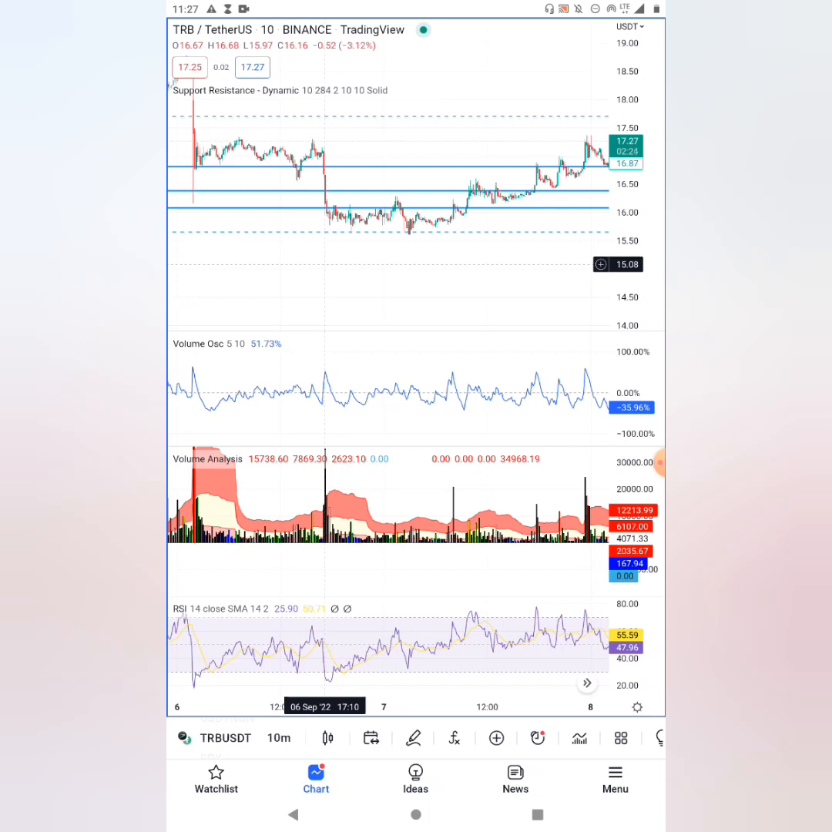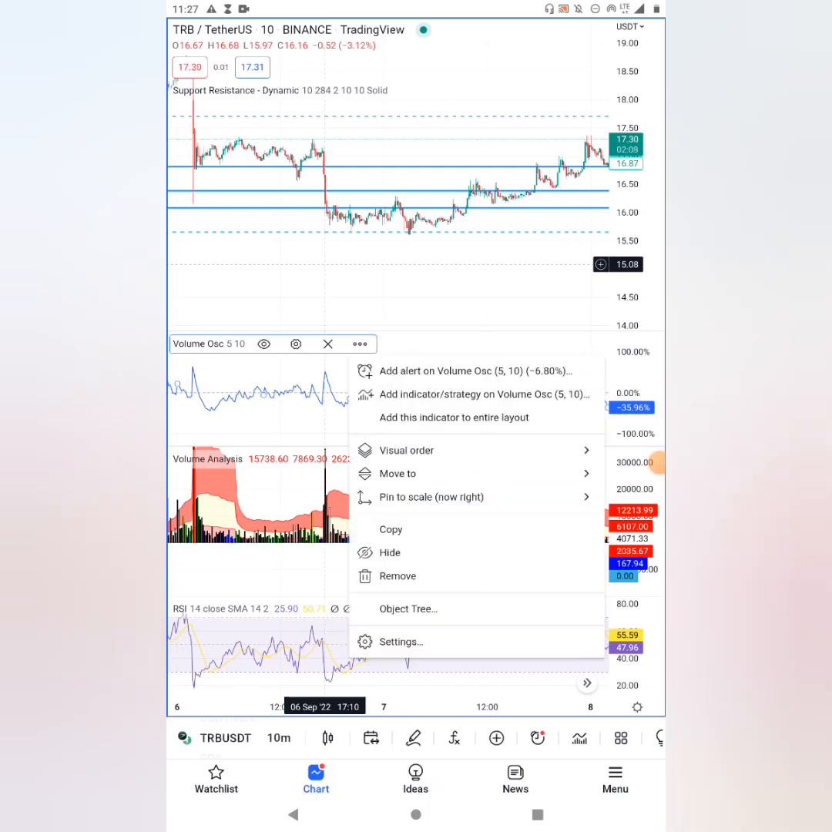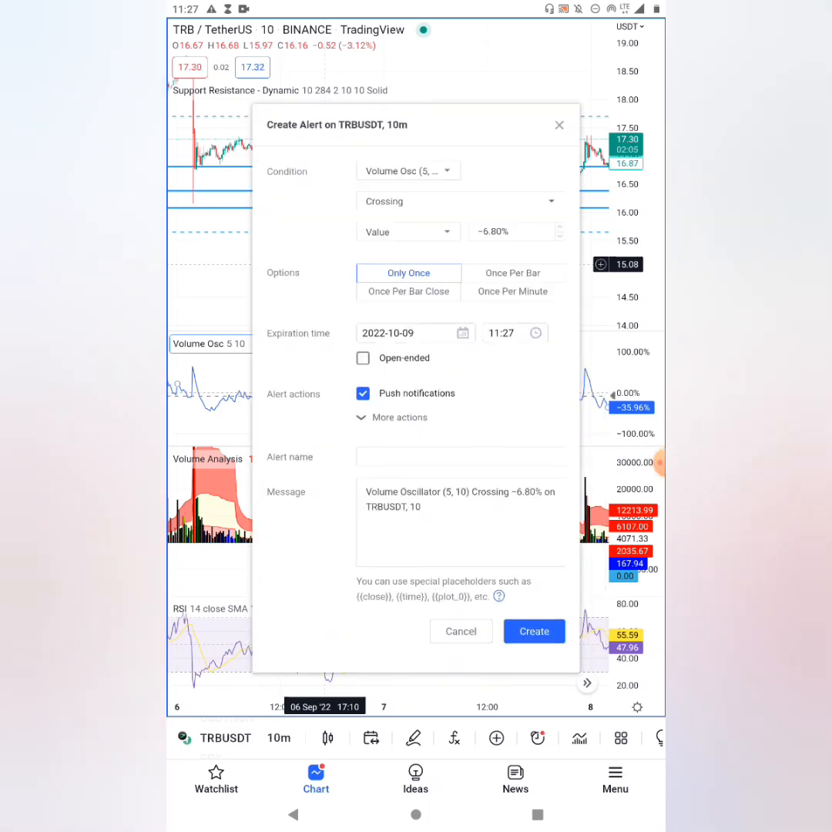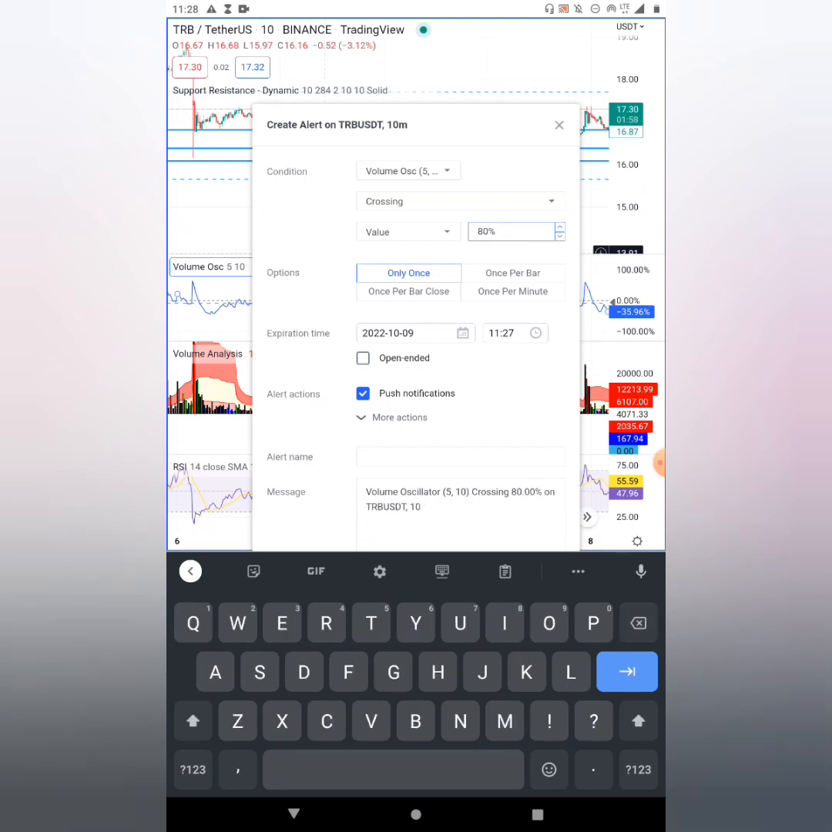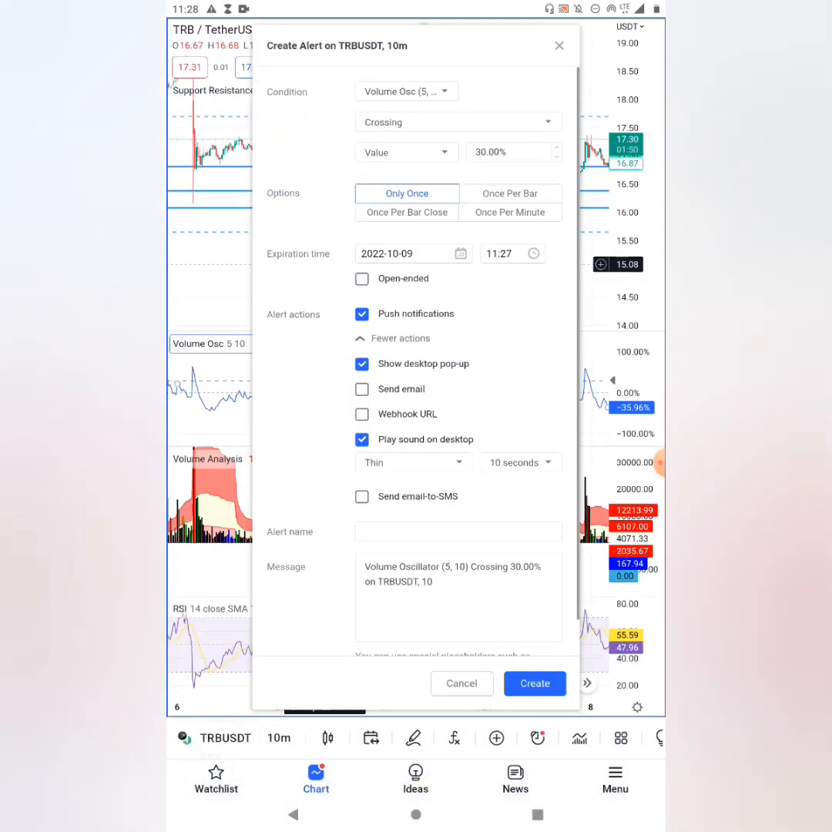You can also set your alerts on the volume oscillator. To do that is very simple. Just click on this, see this volume oscillator here. Click on these three dots right there, and then add alert on volume oscillator. If it's crossing plus 30, just put 30 here. If it's crossing 30, once per bar, you just leave all those and then